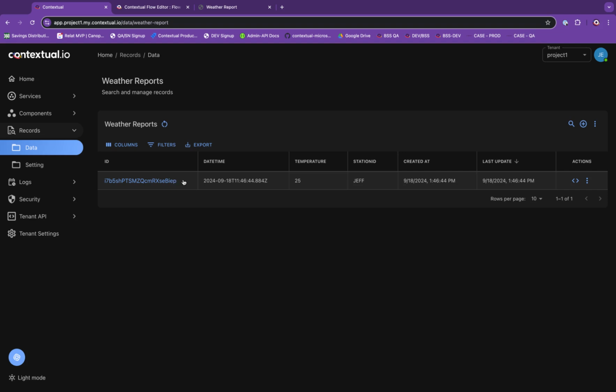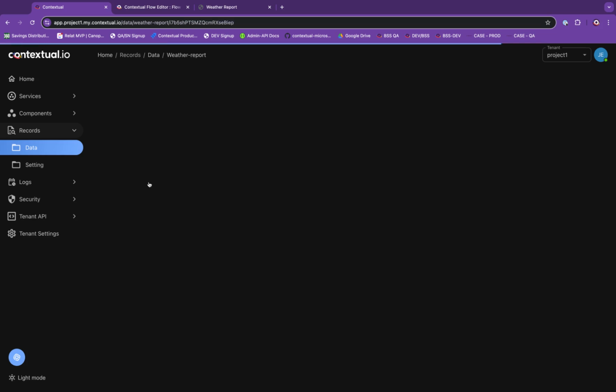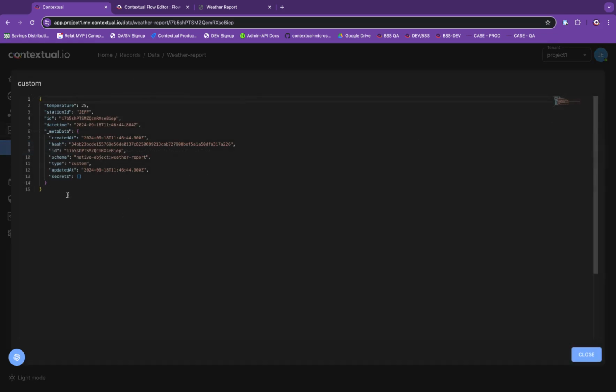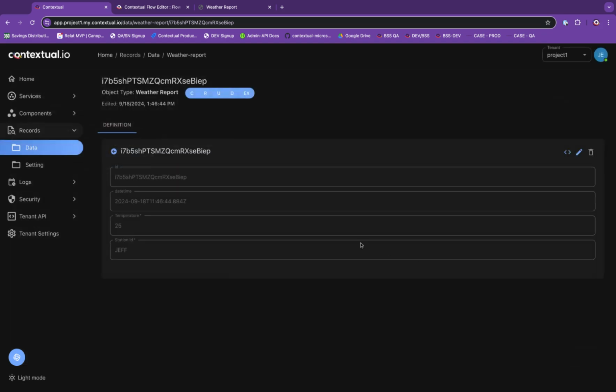It's got the date time. It's got the temperature and the station ID. So everything that I expected to be there is there. I can click on the record and see it in a form, or I can look at the JSON for this particular record as well. So we've now succeeded in what was required for this project,